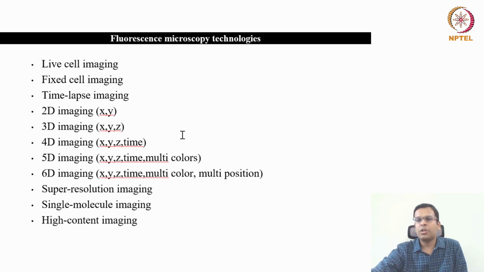So you have to determine what you need, whether time information is important, that how the cellular processes are happening. Let's say you want to image the entire process of cell division, that how the cell is proceeding from prophase, metaphase, anaphase, and telophase. So in that case, you need to image the entire 3D volume of the cell along with multiple colors and at different time points. So that will lead to 5D image. Okay. Also in 6D image, you will also have multiple positions on the same slide. So the multi-position will add to the sixth dimension. Okay.